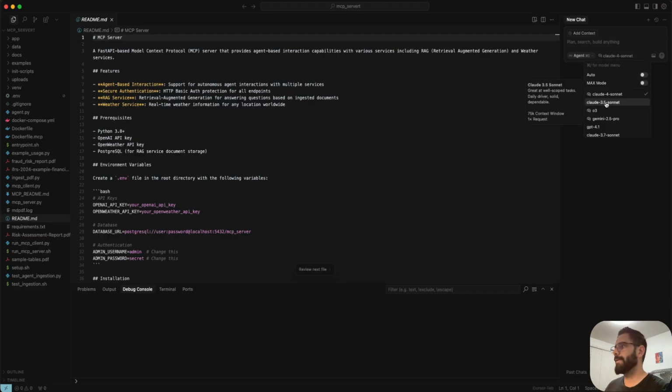However, Claude 3.5 Sonnet works very well if you are writing code. So if you want to use this to write code, which we are going to do, then Claude 3.5 is a very, very good model for that. So what I have right now here, I have built this MCP server and added some capabilities in just 2